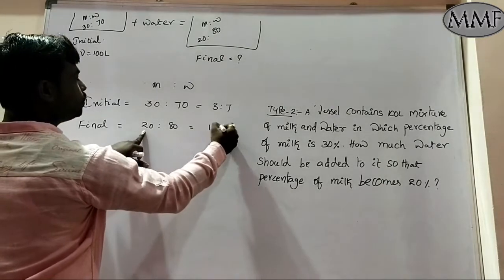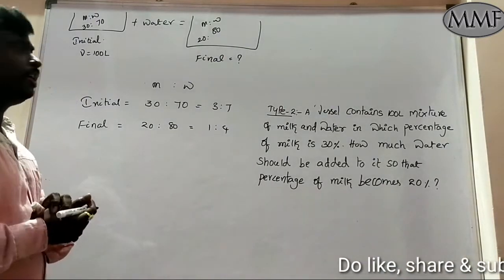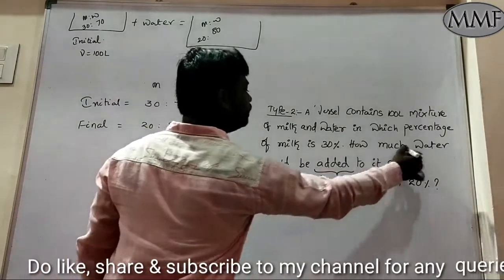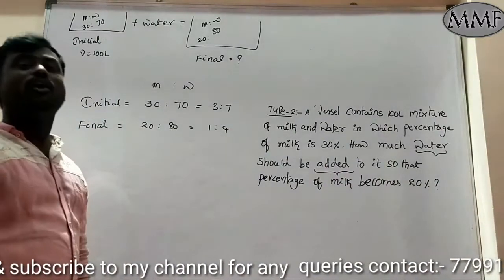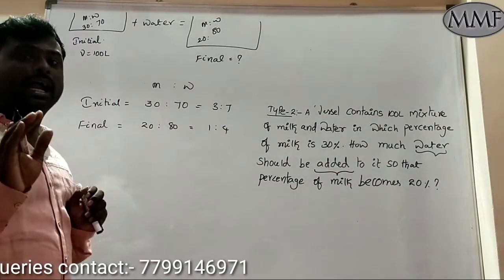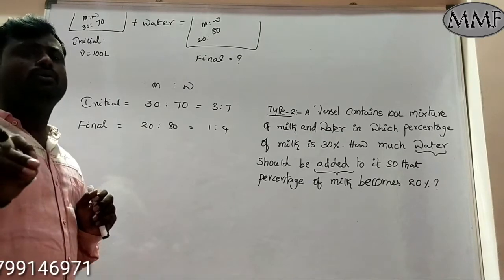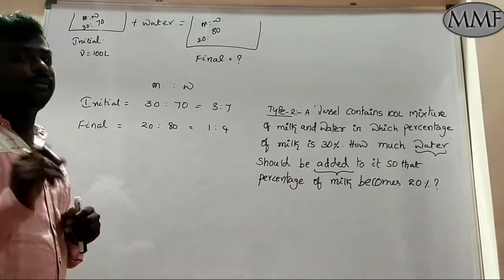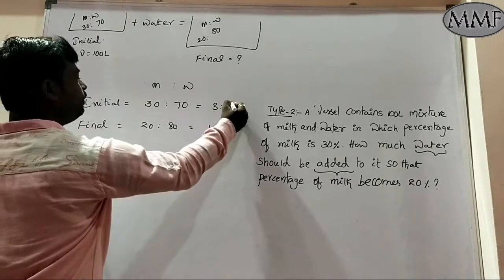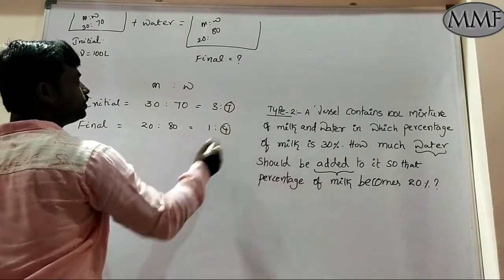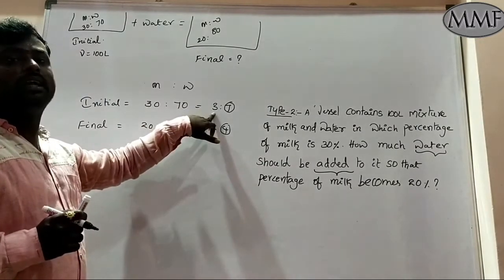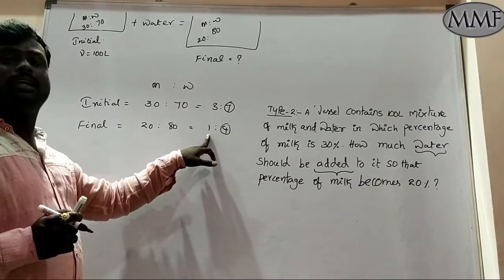Which table here? 21s, 24. If you see here, what quantity are you adding? Water you are adding. If you are adding water, it means only the water portion is going to change, not the milk portion. Clear or not? So now see here. If you are adding water, only these two are going to change. But what about milk? It must be constant. What about the milk quantity here? 3. But milk here is 1.